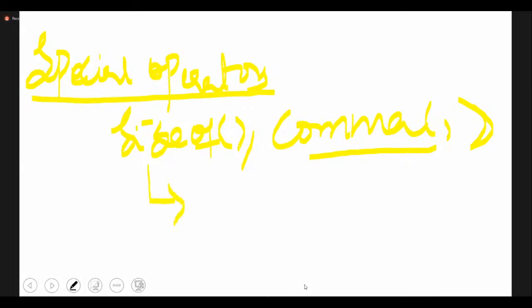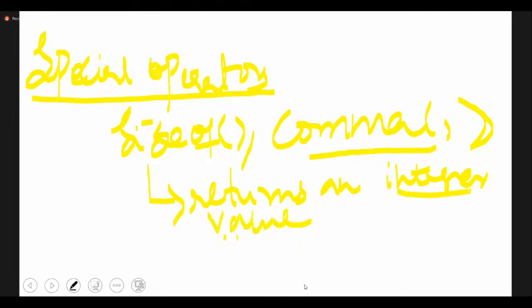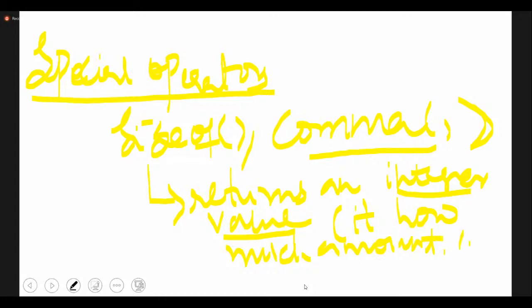Then what does the sizeof operator do? The sizeof operator always returns an integer value. What is this integer value? It always tells how much memory is allocated for a particular variable.